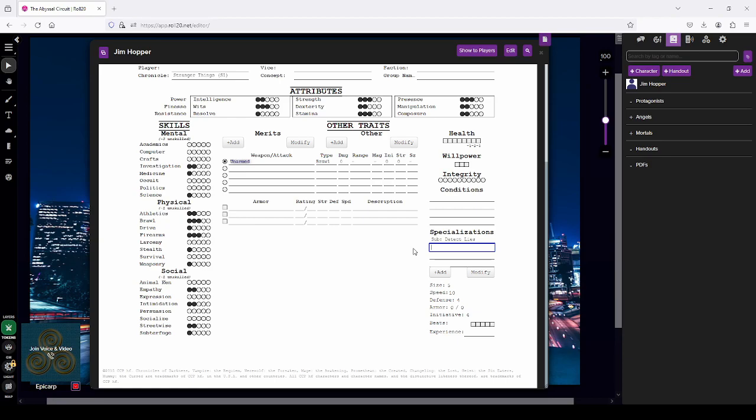Now, for the other specialties, you can always do for firearms, handgun. True, yeah. So we could put